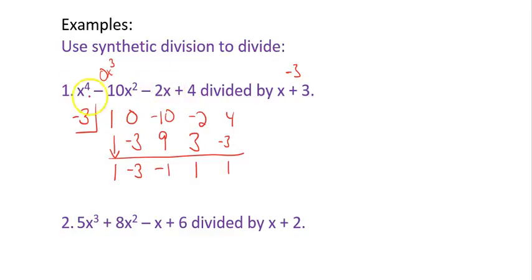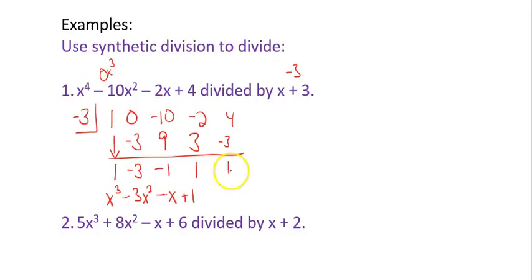Then, to get your answer, you always start with one power less than what you had as the original problem. So this was x to the 4th. I'm going to start my answer with x cubed. So I'm going to have 1x cubed minus 3x squared minus 1x